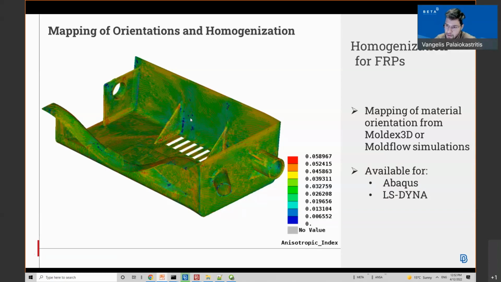And through the results mapper tool, we can map the orientations and at the same time perform mean field homogenization with the orientation tensor that comes from the molding analysis. This functionality is available for Abaqus and LS-DYNA.